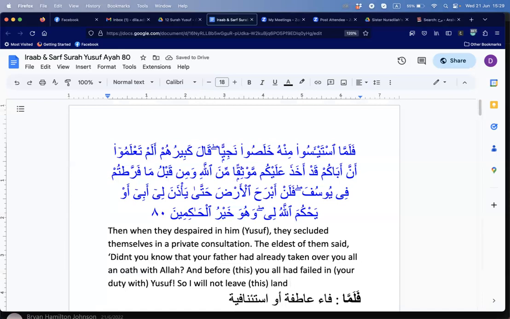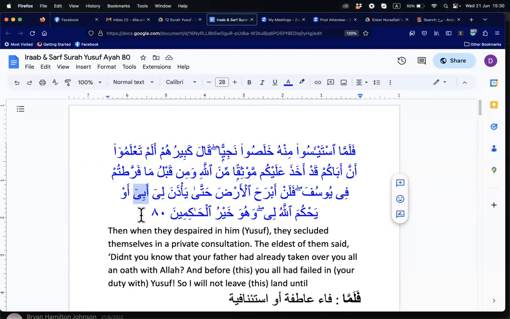Hatta, until ya'dhana li abi, permits me, my father, literally. This is the fa'il. The fa'il comes first, so you translate the fa'il first and then the fi'il. Abi is